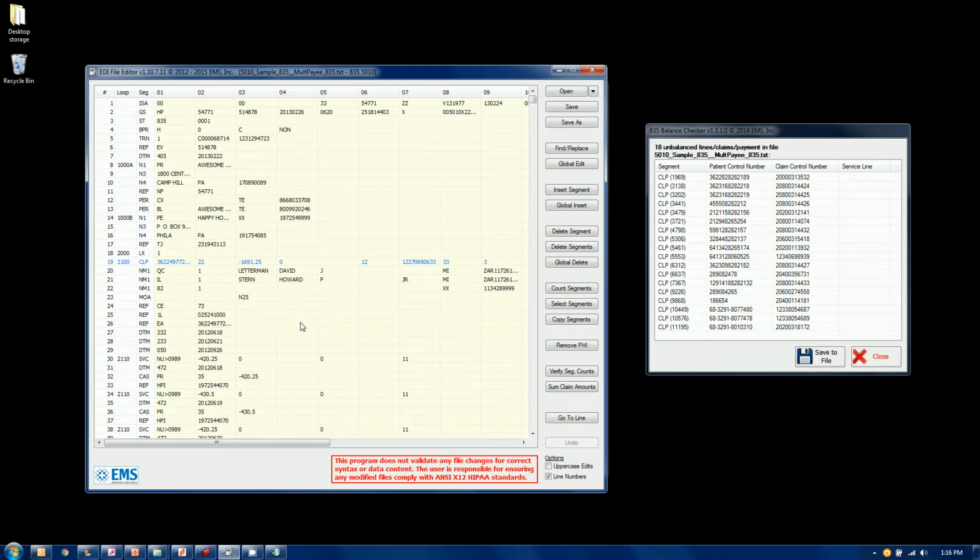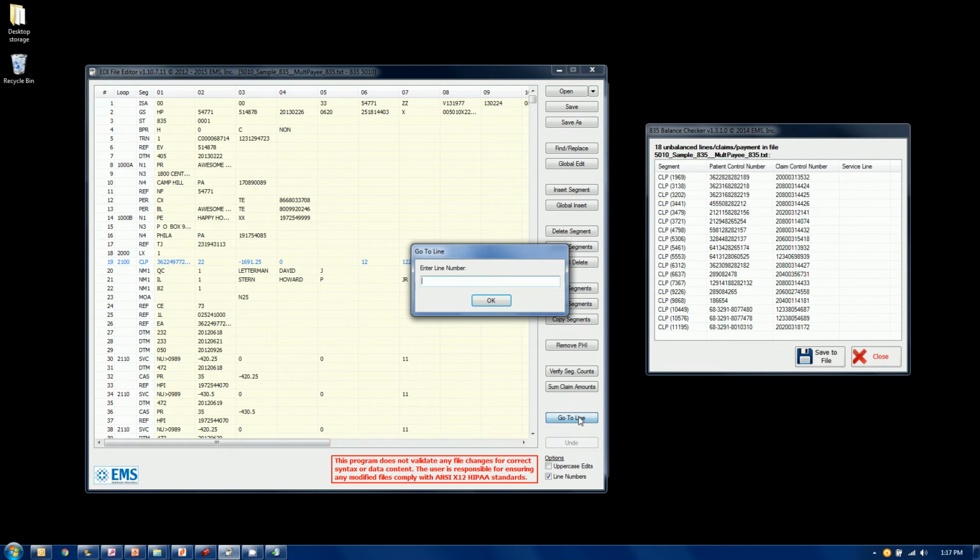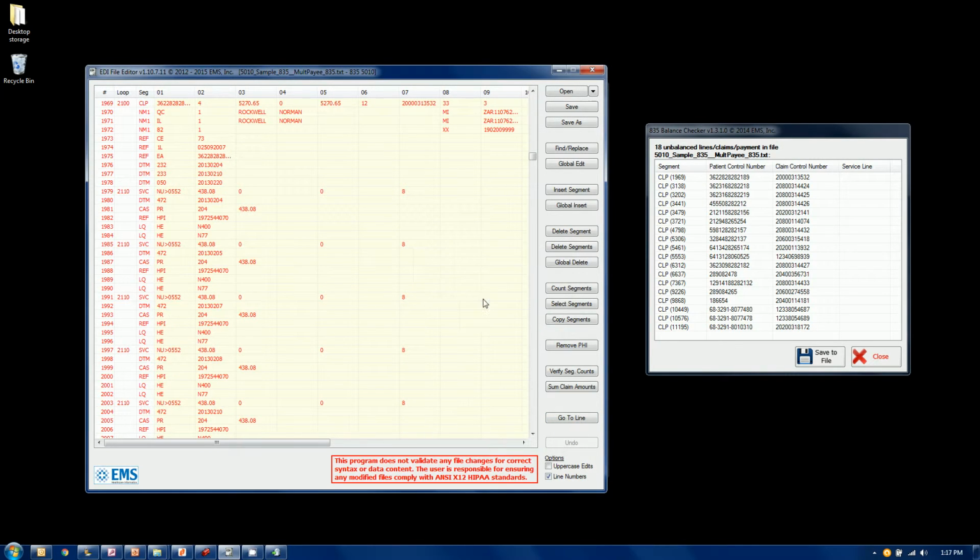Now, there's no actual lines in an EDI file, but when you bust the segments onto their own lines, like we do in our editor, and you see in the lower right, you have the option for a line number to be displayed. And you can also use this little button here that says Go To. So I'm going to go to line 1969,